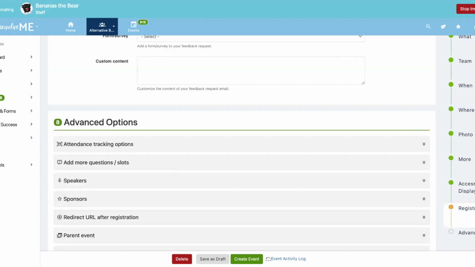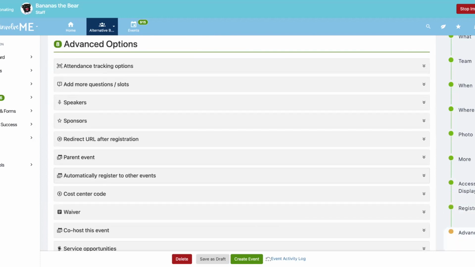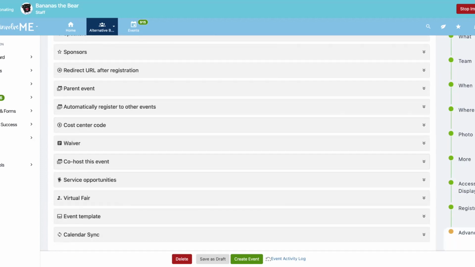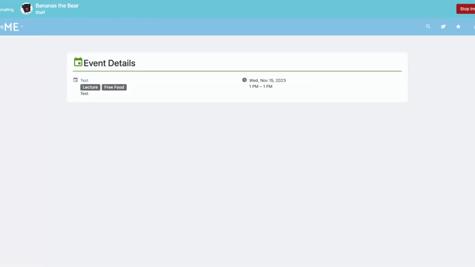This last section is advanced options. They're all minimized because they're not required for you to create your event, but they are here at your disposal if you would like to use them. From here on the bottom, then you're going to click Create Event once you have filled out all of those fields. It will take you to a similar form,